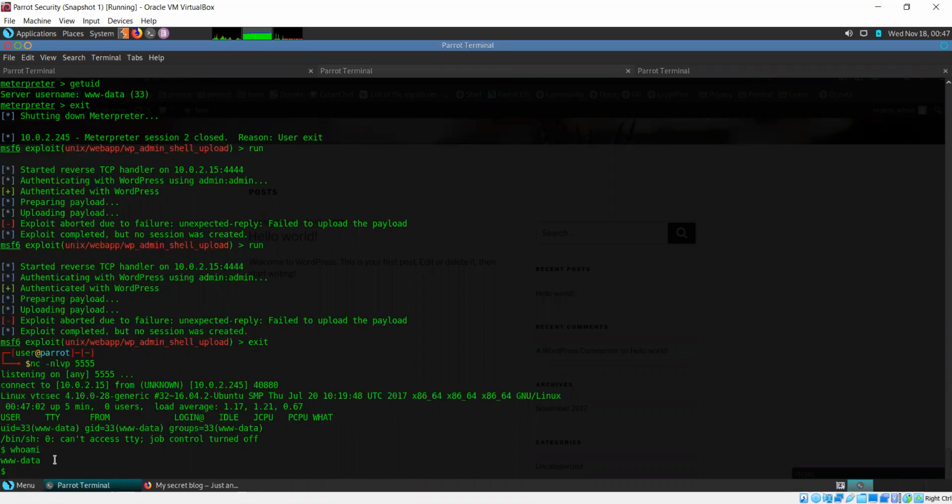Now this is not a proper shell. So to get a proper shell, what I can try to do is python -c, import pty.